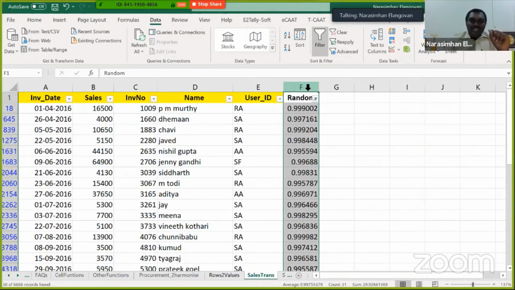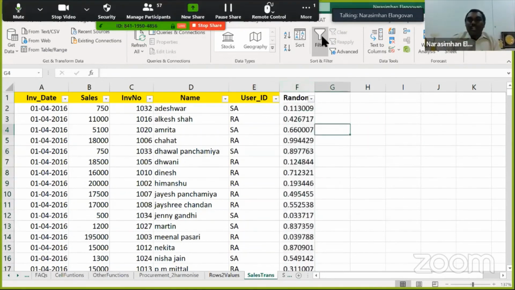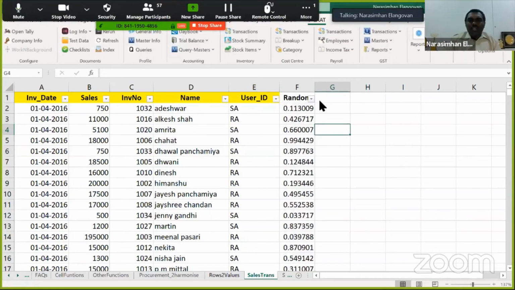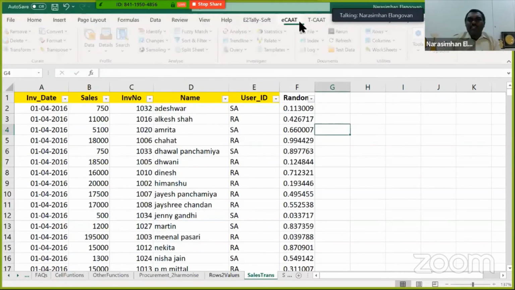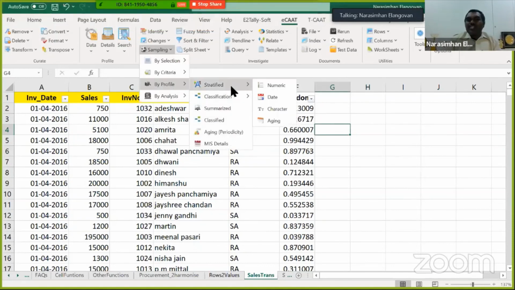Correct? Now, instead of doing this, I may probably want to use an alternative method. And what is that alternative method? Stratified random sampling. To do a stratification, I should know what are the sales buckets or sales groups. For that, I again go back to this particular software. Again, as I said, this is just one perspective. There are hundreds of softwares available, but this is just to give you a thought process. So I go to this option called sampling, based upon profile, something called stratified random sampling. So I click on number.